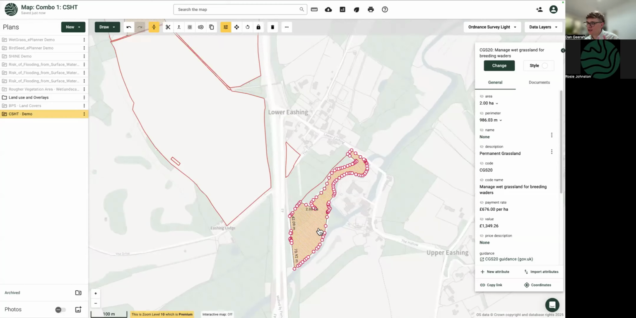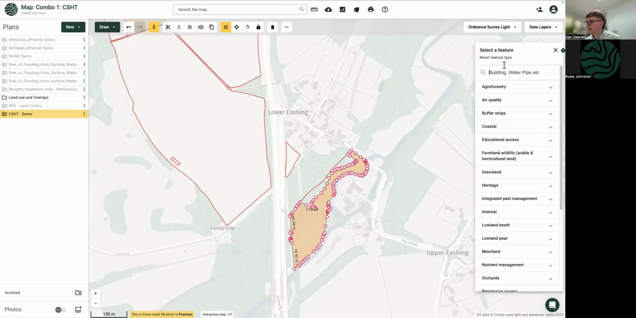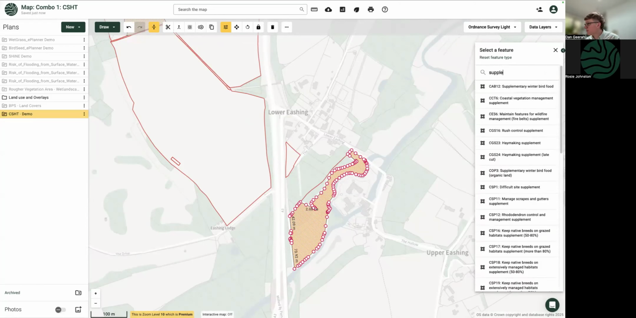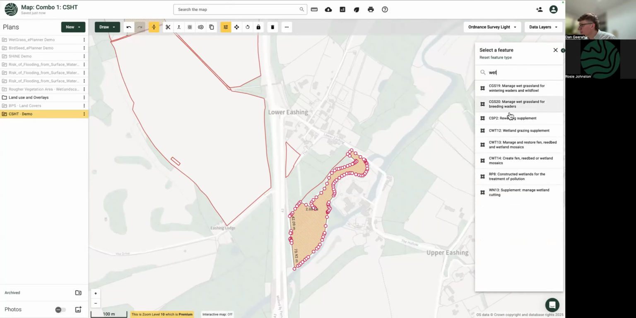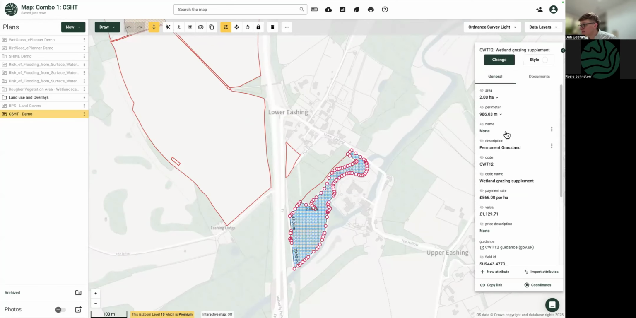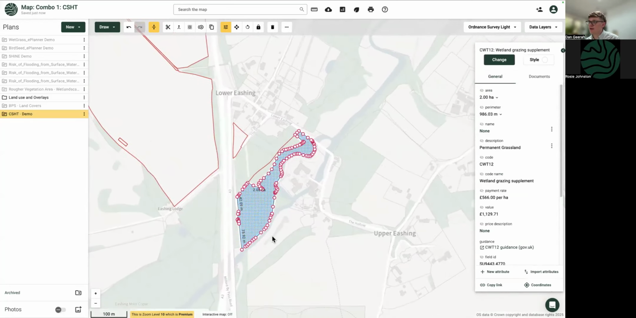As part of my Stewardship Higher Tier, I'm also wanting to add some supplementary options. I can do that by hitting the duplicate button, like so, and typing in the word supplement and having a look at the supplementary options. There's a wet breeding, re-wetting supplement or wetland grazing supplement. So I've now overlaid two different features. I've got a grazing supplement on top of an existing